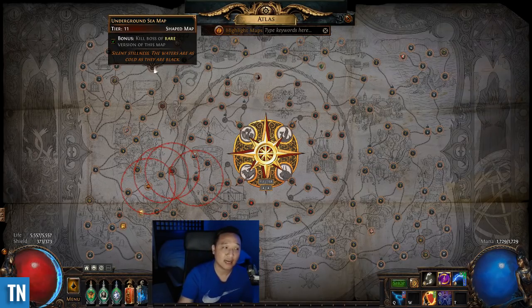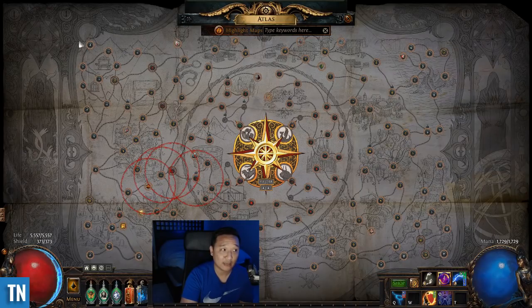I think it's worth it to set up an Elder Square. So if I was doing Underground Sea, I would want to set up one of the Elder Squares in the upper left-hand corner. You guys can check my previous Atlas strategy videos if you want to see what an Elder Square is. But I also wanted to talk about what I'm going to be personally doing in Flashback League,